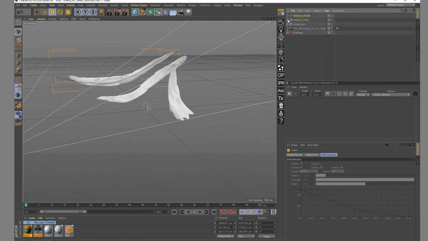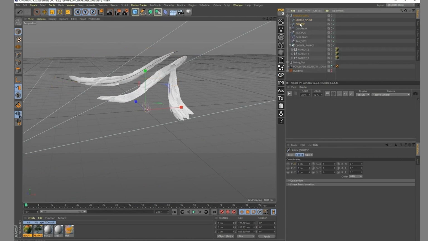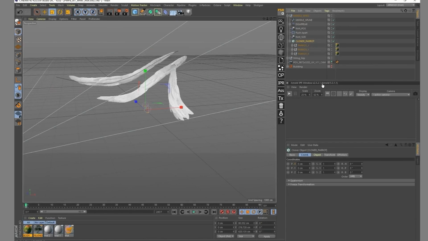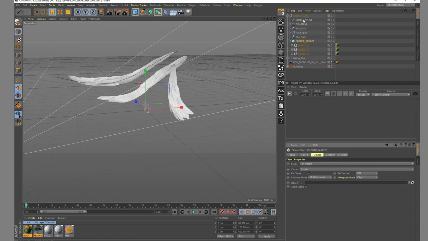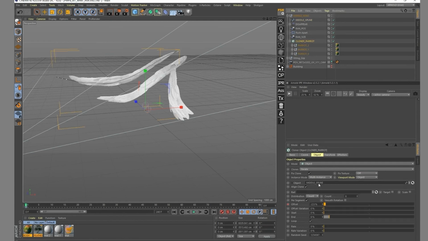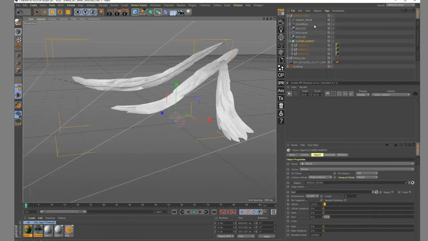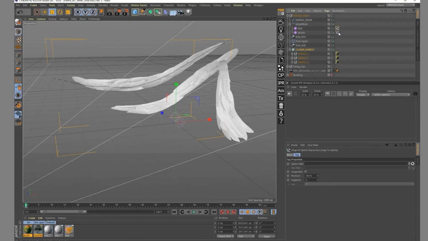So let's go back there. I'm gonna delete this one, I don't need it anymore. And I just need to be sure that I'm putting the new spline at every position for that. So I need the parrot to follow that spline, which is normal. And I also need those two align to spline to follow this.